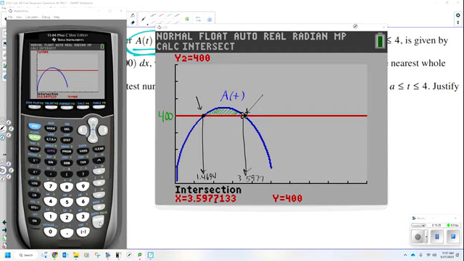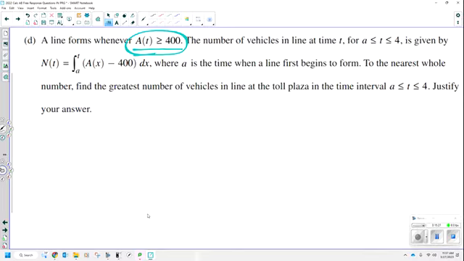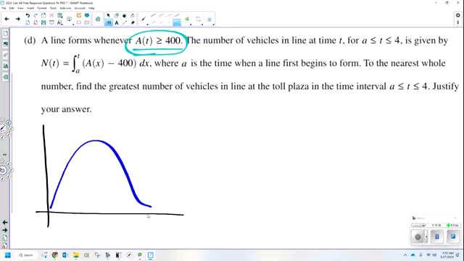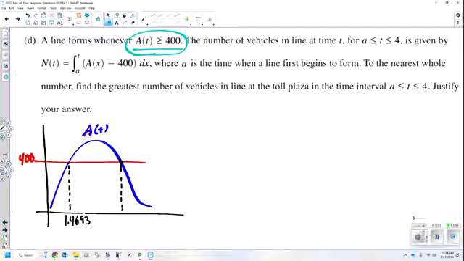All right, let's take this and just sketch it. I have this graph here. In blue is A of t. It does something like this and comes down to something like that. Here's 400. A of t intersects at this point, which we had written down as 1.4693, and this point right here is